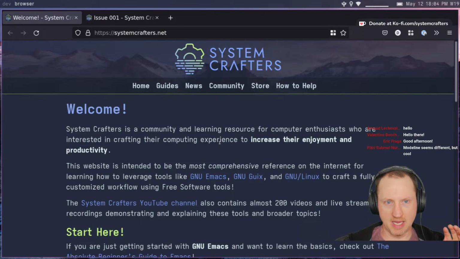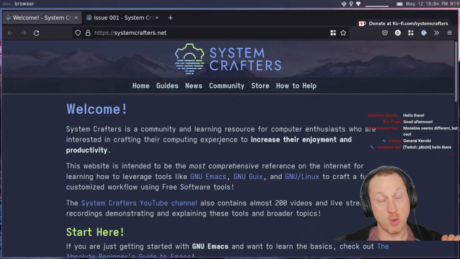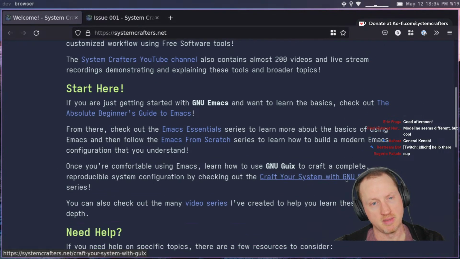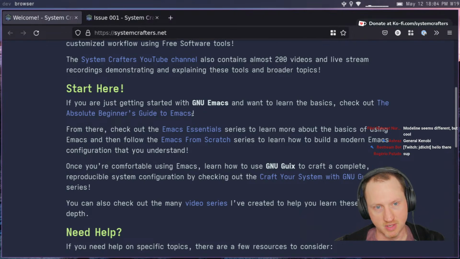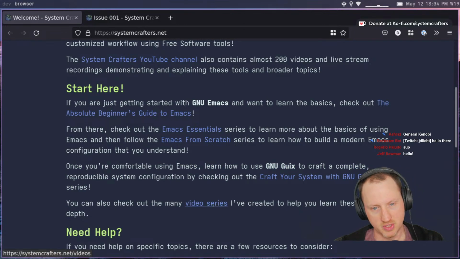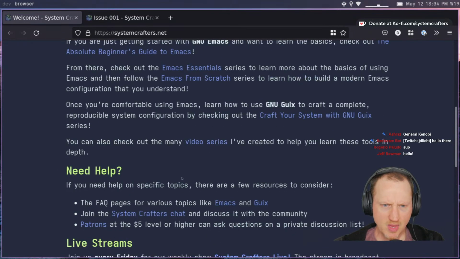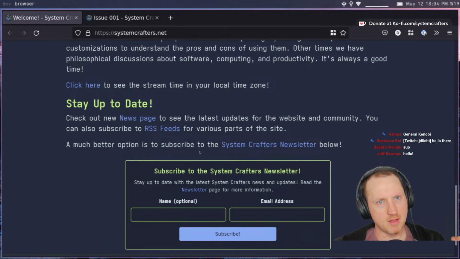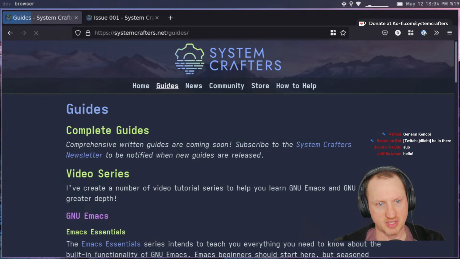And I tried to make it a little bit better organized so that it's easier to find what you want to find, especially on the homepage where it walks you through what things you might be interested in finding if you come to the site. Like if you want to get started with Emacs, it tells you to go look at the Absolute Beginner's Guide to Emacs, and then some more series that would be useful for someone who is learning about Emacs or customizing Emacs. And then on to Guix, and then a link to the rest of the video series that I've produced so far, and just various other things that are relevant. So that's the main page. There's the guides, which are really just a list of the video series,